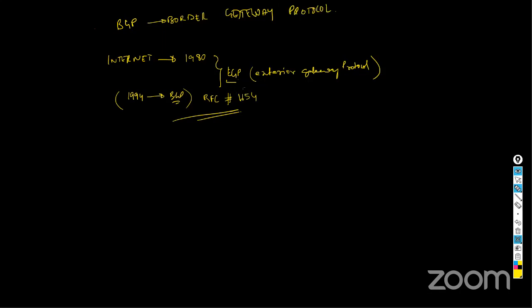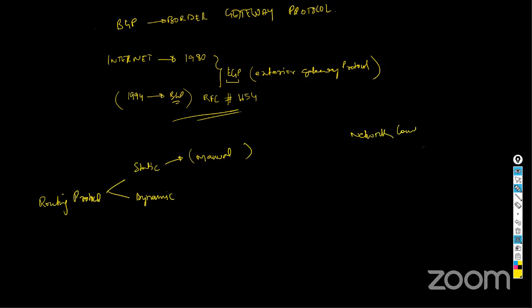Okay, it's one of the EGPs, or exterior gateway protocols. Now when we talk about protocols, especially routing protocols, we divide them into two. The first one is called static, and the second one is called dynamic. Okay, you might know what static is. Static is something where we manually define routes. Okay, and what is this routing protocol, by the way? Okay, so for someone who doesn't know, let me tell you, we have various networking components.